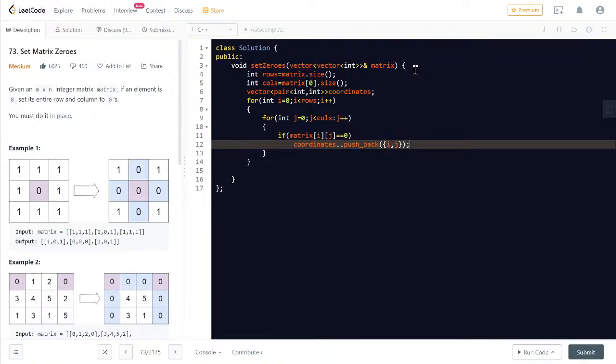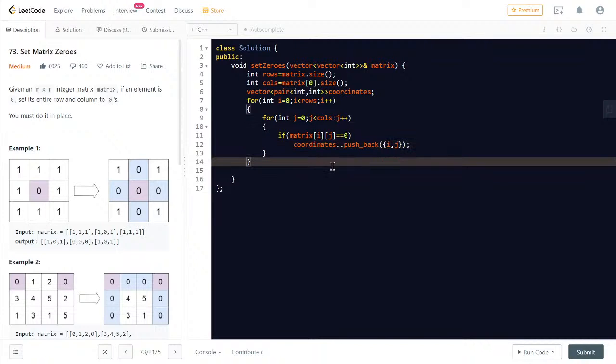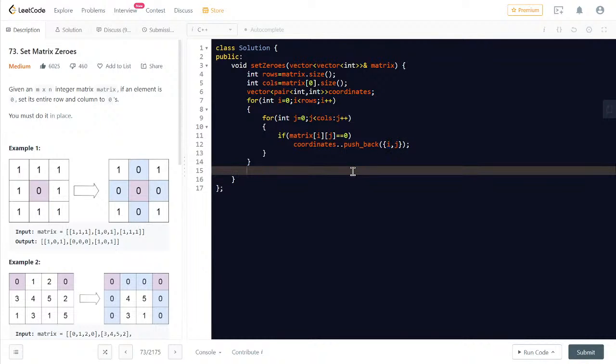Now we have all the coordinates here, as we are traversing the whole matrix, and we have the positions of zeros. So what we'll do now is run a loop again, and whenever we come across 0, we will set the whole ith row and the jth column to 0. Okay, then,